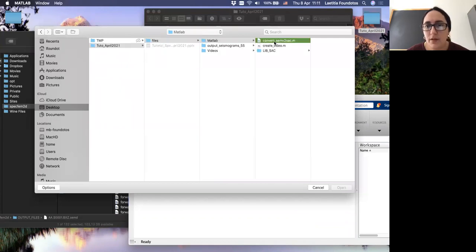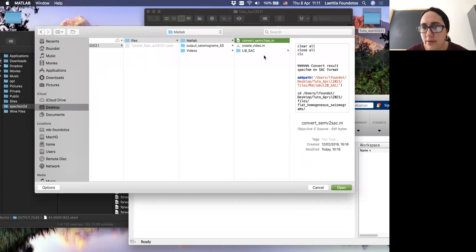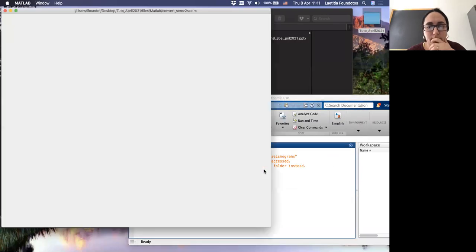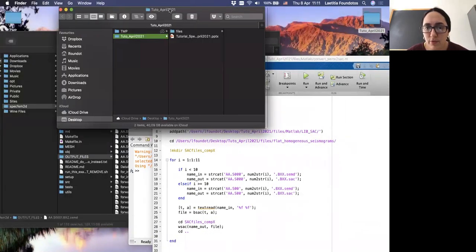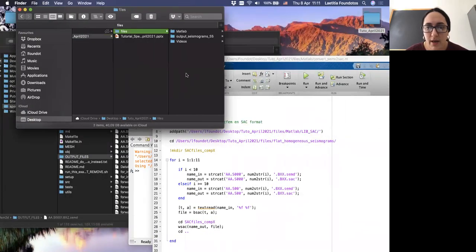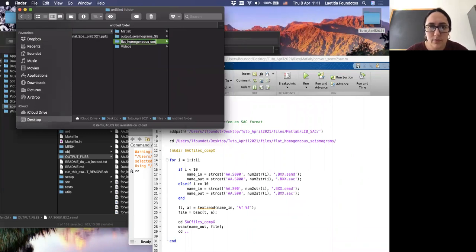I've just written a little code whose name is convert SM file to SAC. I will open it. Also now I will move my output files of SpecFEM inside a new directory.